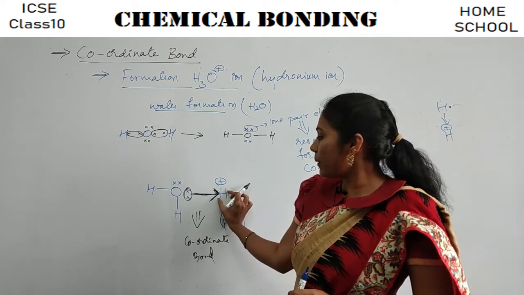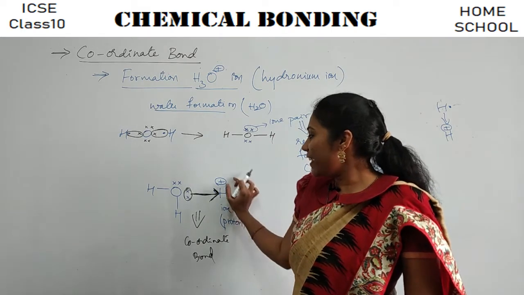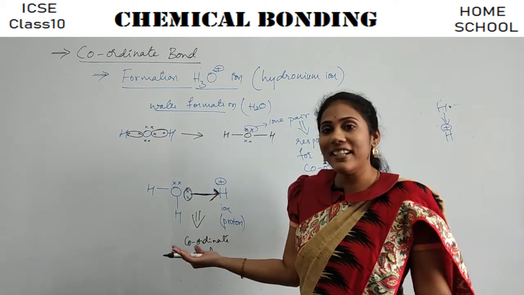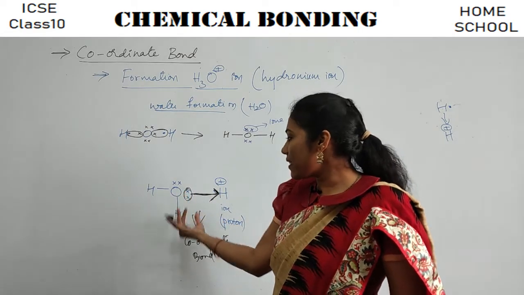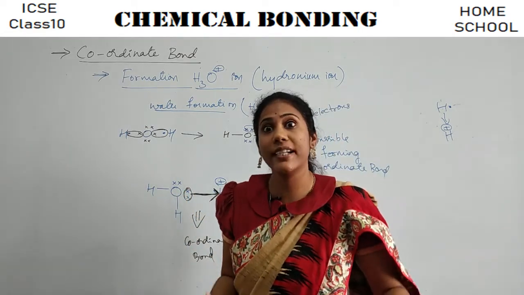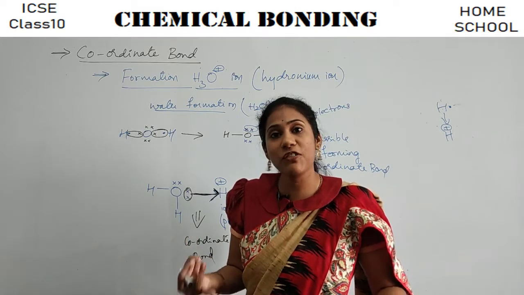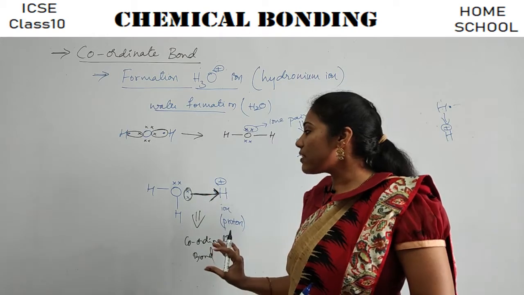The H plus is not contributing any electron. It is remaining very inactive. It is passive, right? It is helpless because it doesn't have any electron. It is very sadly coming and standing near oxygen, waiting for electrons to get stability. If it gets 2 electrons, it can achieve stability, right? So it sadly waits near the water.